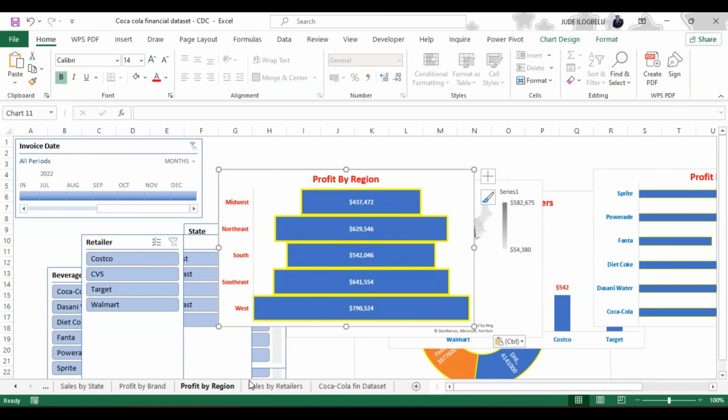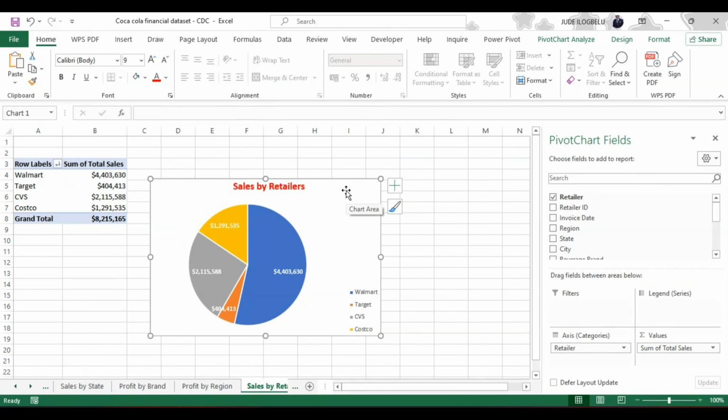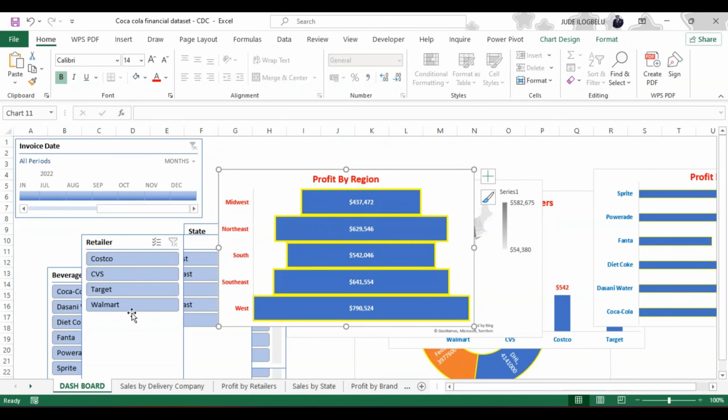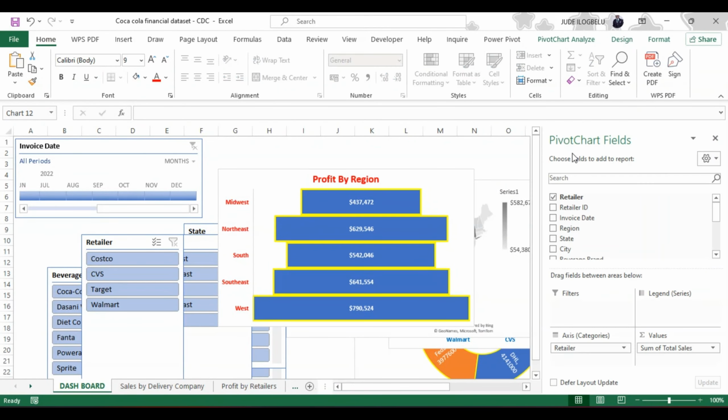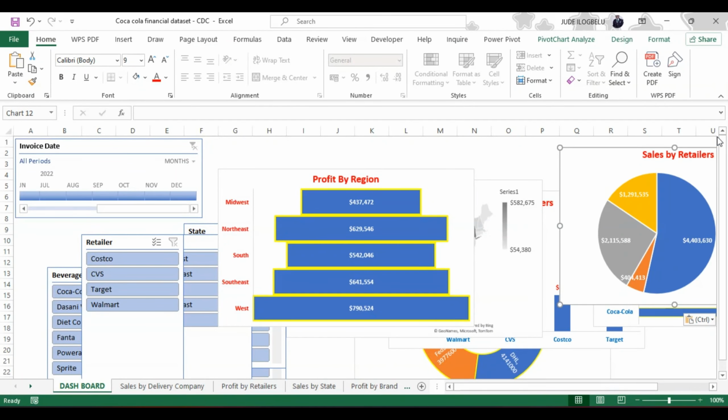I think the last one should be sales by retailer. Control C. Okay. We have been able to bring what we need in